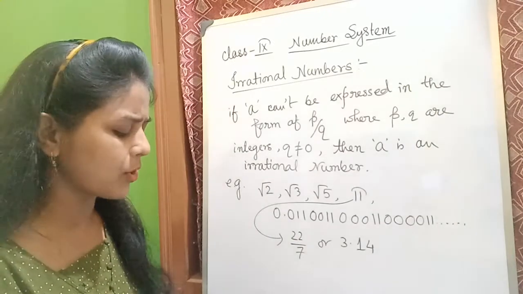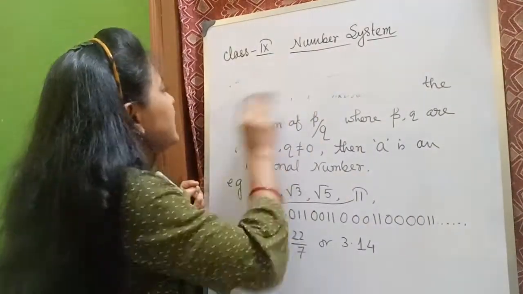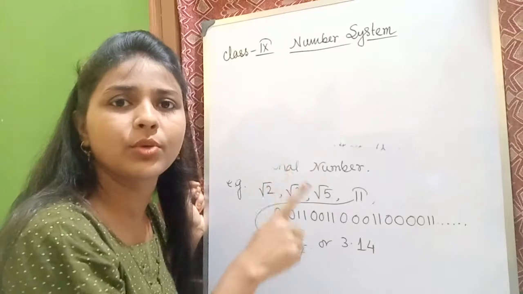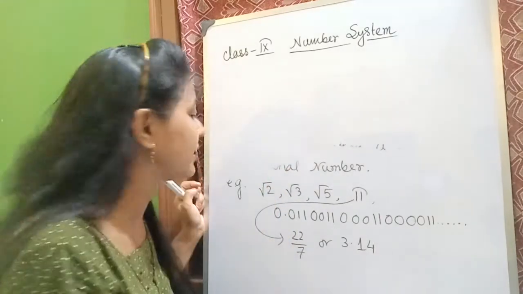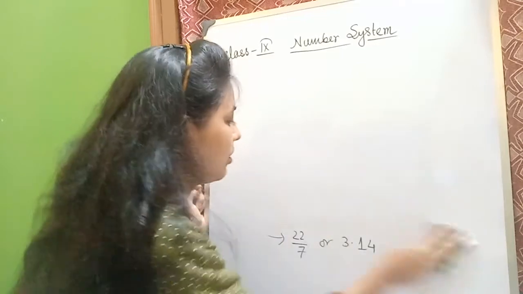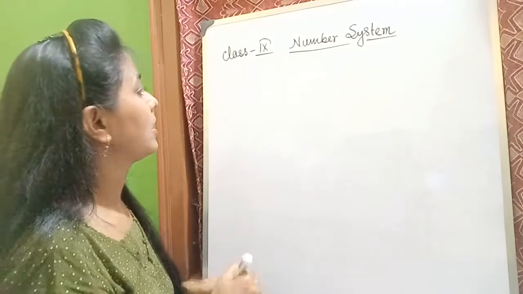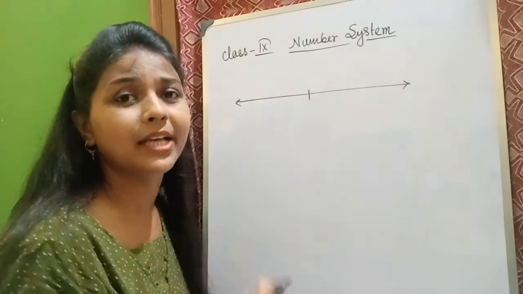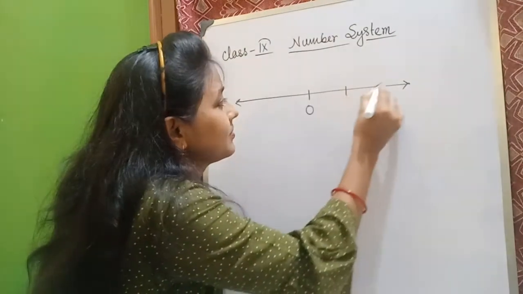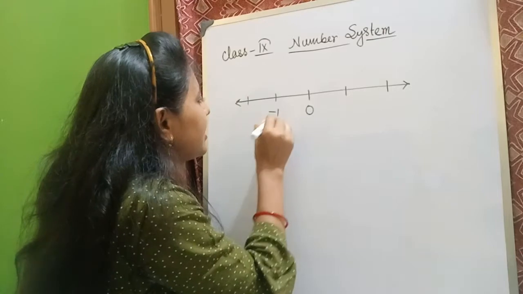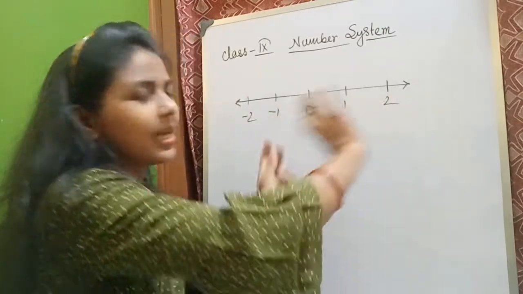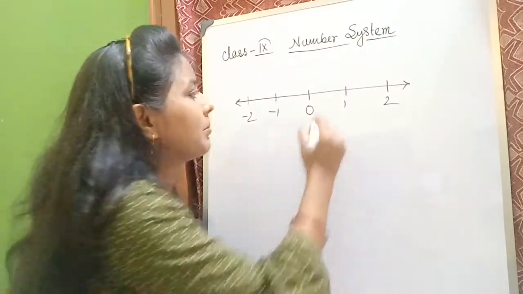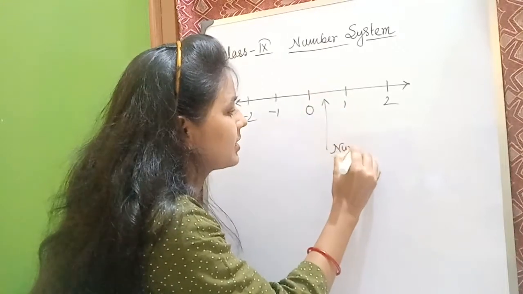Now coming to a very important part that you all know. If you want to check my first session on this chapter, you can go to the description box and there will be every link related to class 9. Okay, so we actually did placing the rational numbers on the number line, right? We have done all these things. Suppose this is 1 and 2, the right hand side is positive and the left hand side is negative, and the middle one is 0. This is called the number line, right? You all know its name.